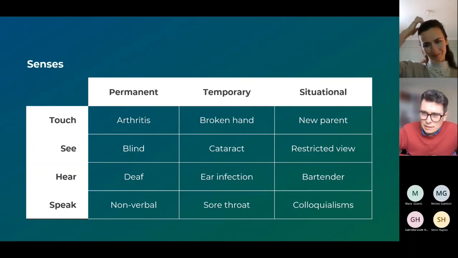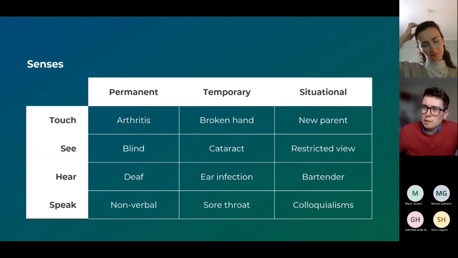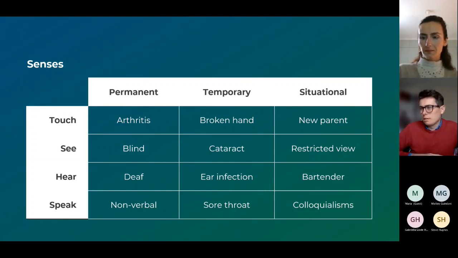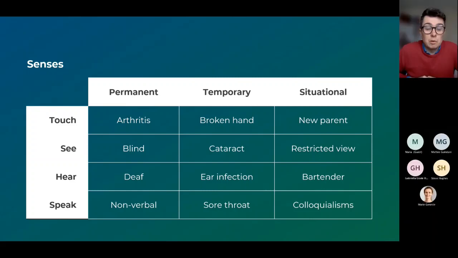Hi, yes, thank you. It's actually really interesting because that quote previously said 1 billion people around the world live with some sort of disability, but actually it's much more than that, because as you can see by this graphic, it's not just what we would consider disabilities normally on the permanent side of things. There's also temporary and situational ones as well. I've tried to capture, maybe incorrectly, different types of scenarios for the different senses.